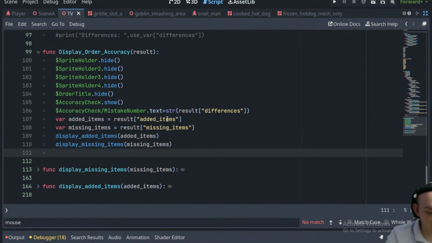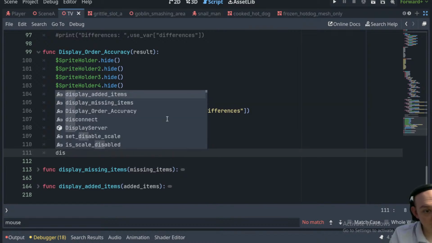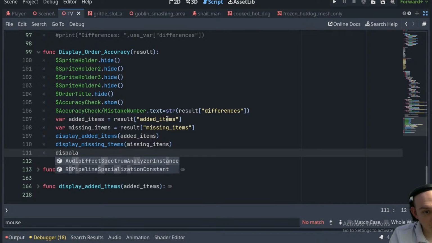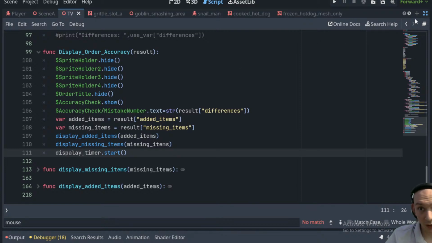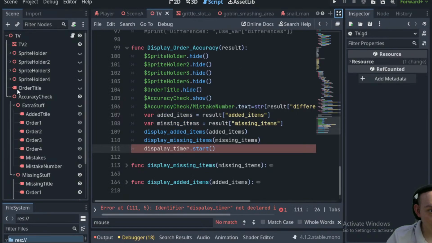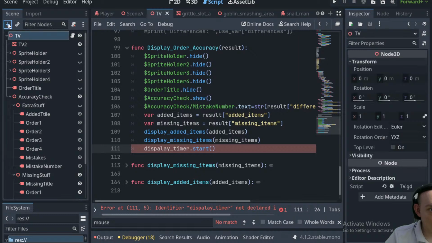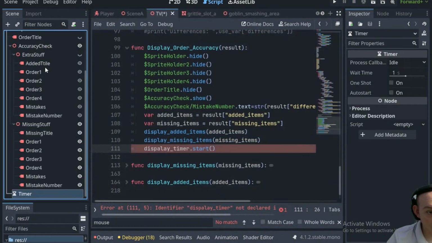So we're just going to say display timer dot start, and let me go ahead and add that. We'll call a timer, and yeah, we'll call this display timer,